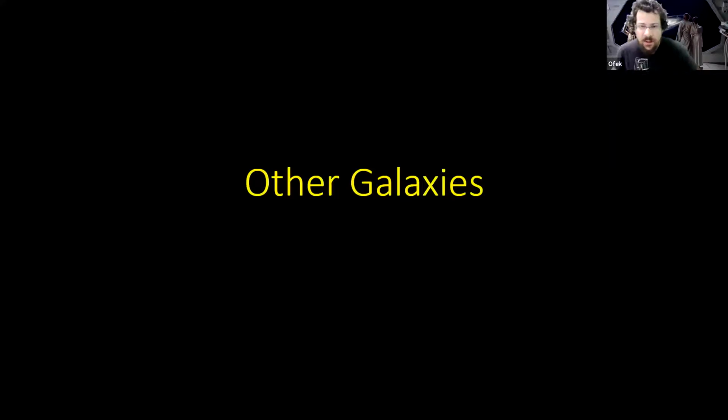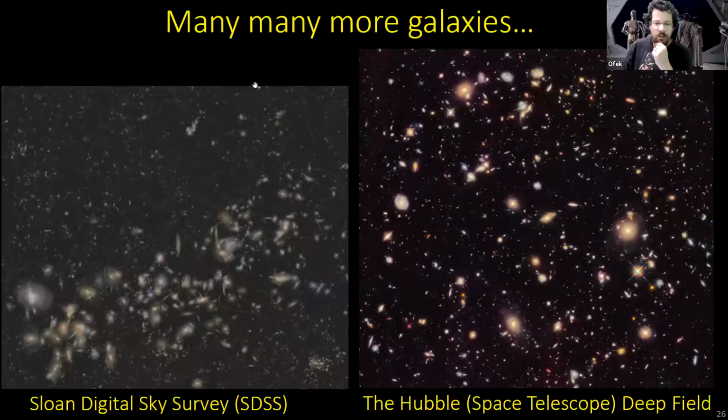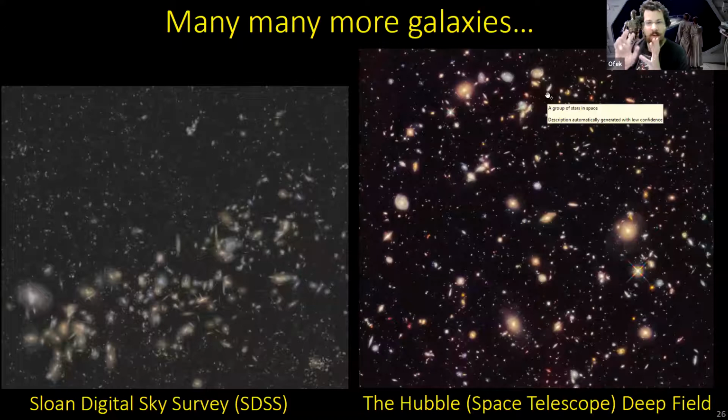So after discussing the existence and structure of our own galaxy and demonstrating that there are other galaxies, now we can talk about what those galaxies are and how we try to get more information or understanding about them. Shown here are a couple of pictures. The right one is from the Hubble Space Telescope. It's called the Hubble Deep Field, which means the telescope is not pointed at a particular star that we know of in our galaxy, but just out there.